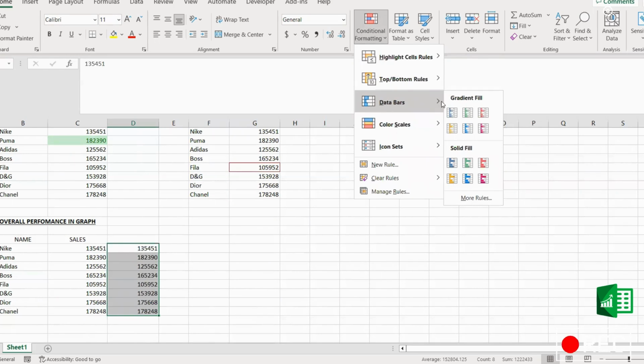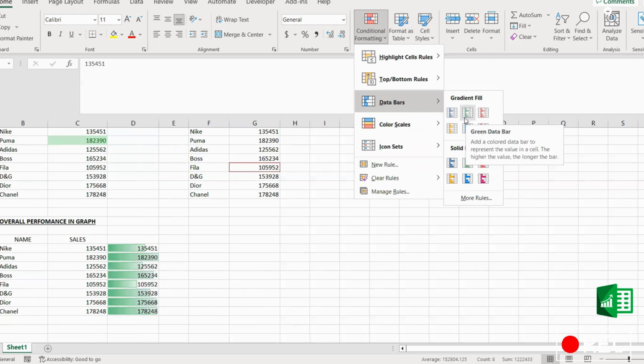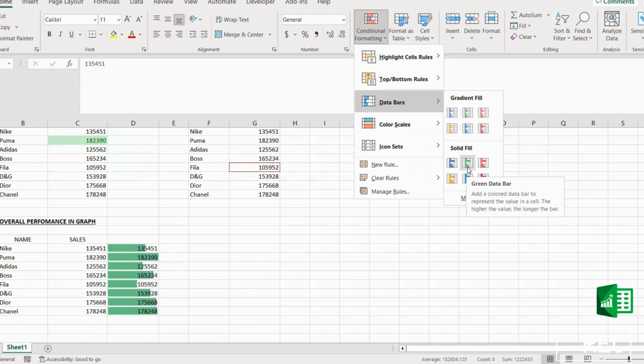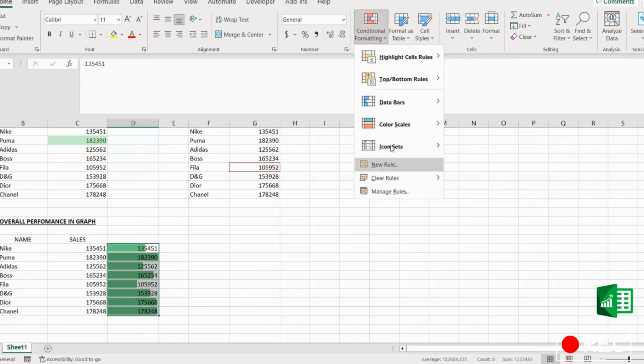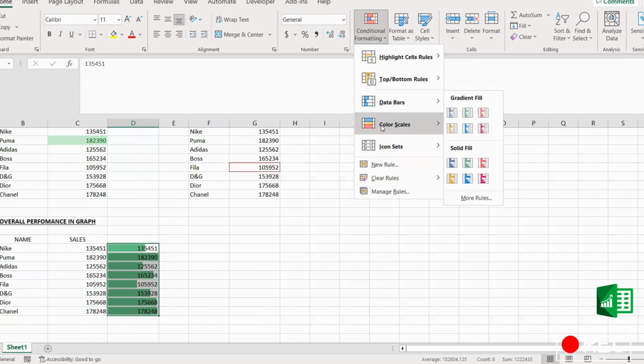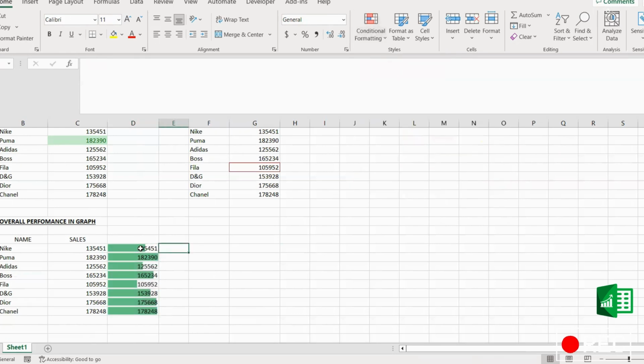data bar. Then select whichever you want. See here I'm going to select a green color bar. Okay, I've selected, and now you can see the bars with the numbers. I don't want to see the numbers here. Then what I want to do is go to here,